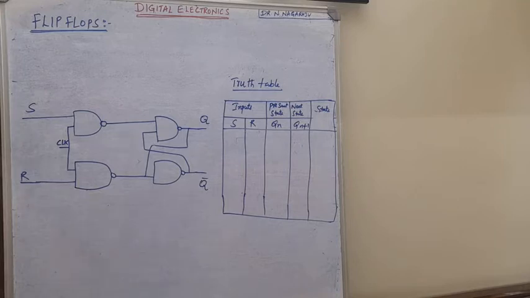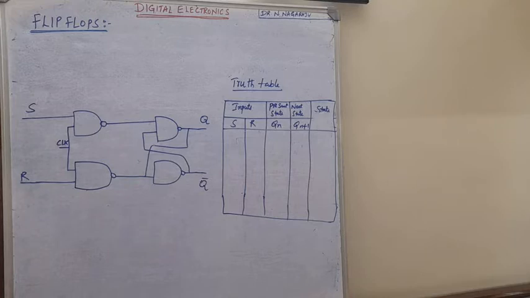In this video I am going to explain the topic flip-flops. First, what is the definition of flip-flops? A flip-flop is a storage device which is used to store one bit of information. What is the practical application where we can use these flip-flops? Flip-flops are mainly used in memory devices. Memory devices are what we use for storage purposes, right? The basic components involved in memory devices are flip-flops.